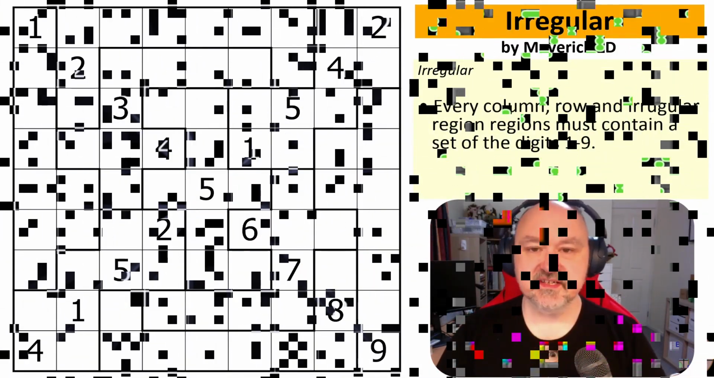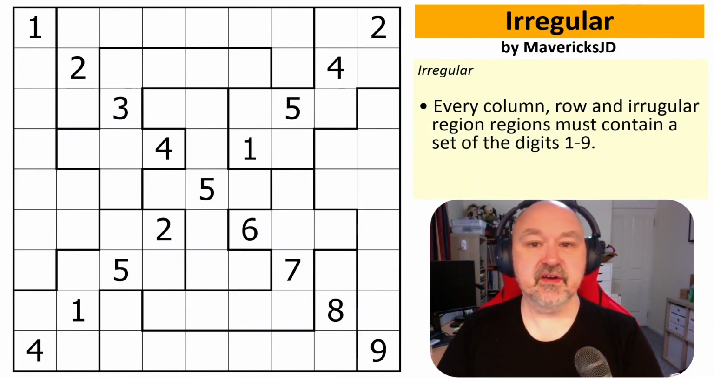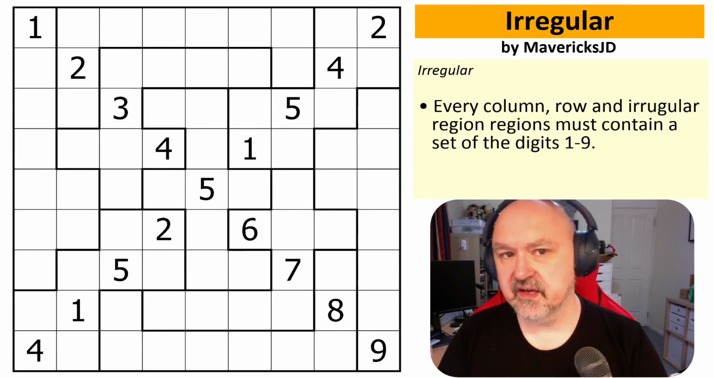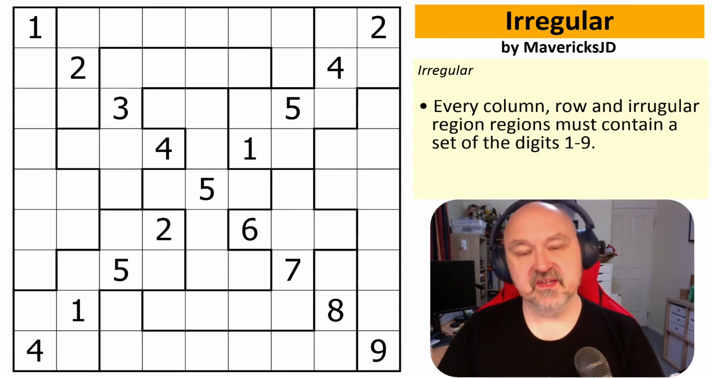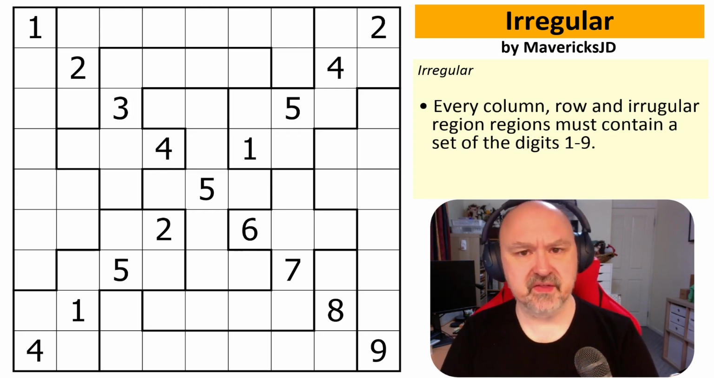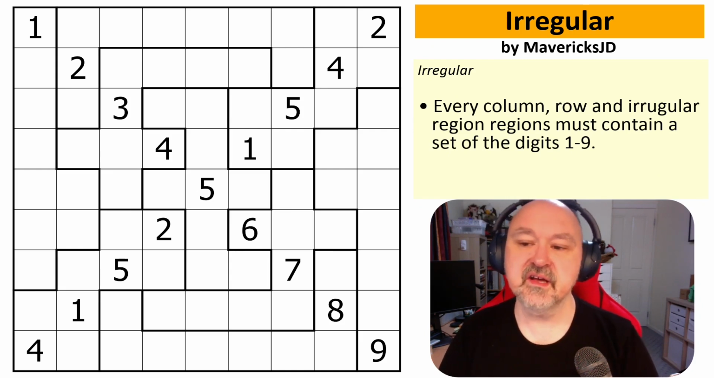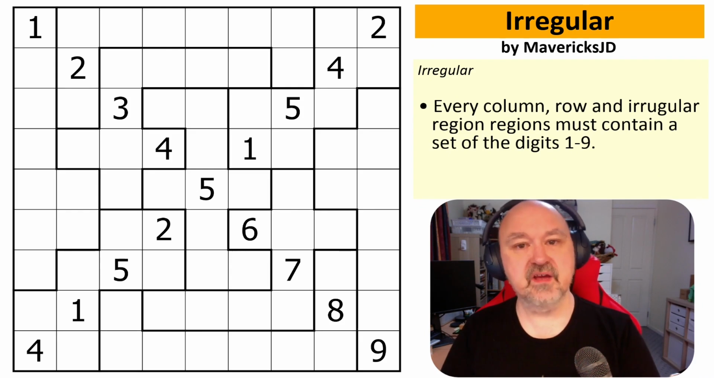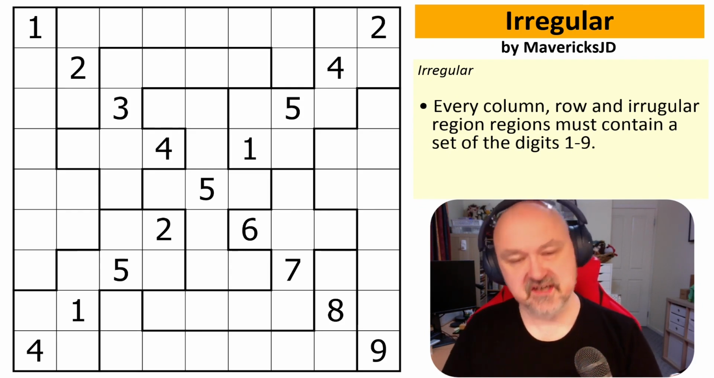Good morning, everyone. This is BremSter, and today's puzzle that I'm coming to you with is a little bit irregular. Well, it's just irregular. And this is Irregular by MavericksJD. This is a puzzle that was sent to me, it must have been a couple of months ago now, when I did a call out for puzzles. Maverick sent me about half a dozen puzzles, and occasionally when I'm looking for something, I go through and I go, oh, that's right, this is one of the ones that Maverick sent me,